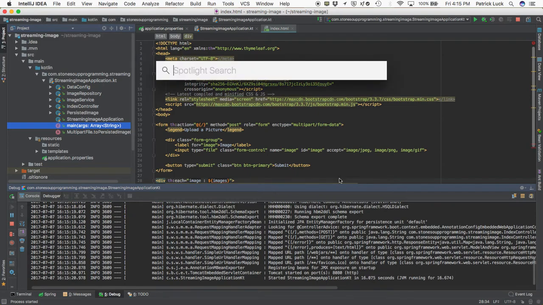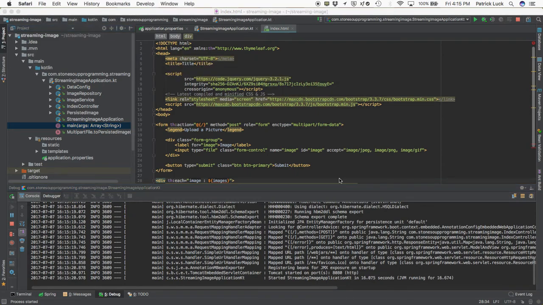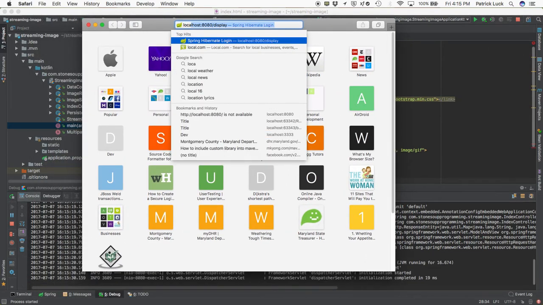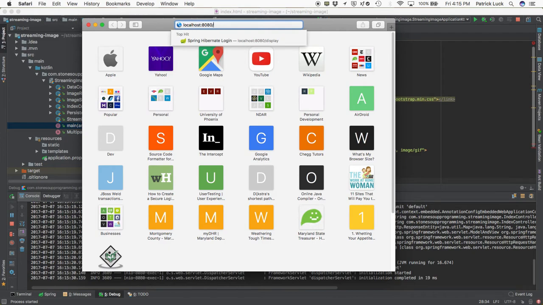All right, so let's open our web browser. And if we navigate to localhost port 8080,